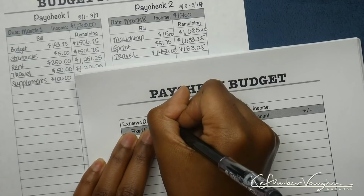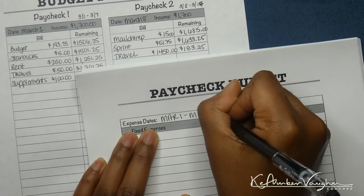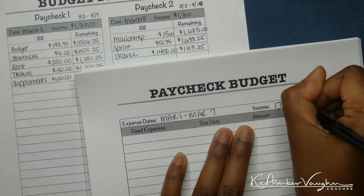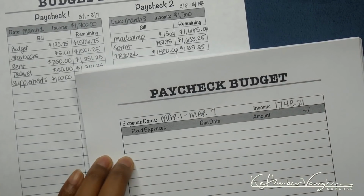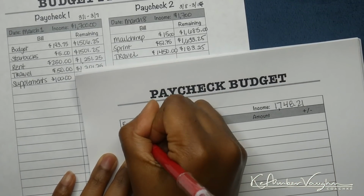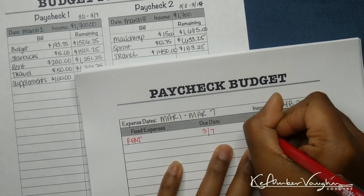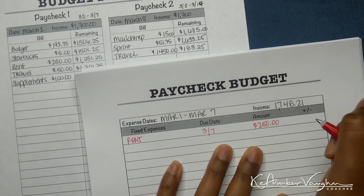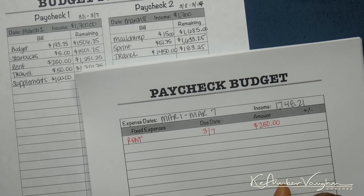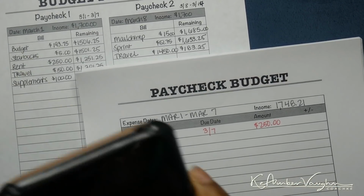Okay, so our expense dates are from March 1st through March 7th. The income again was $1,748.21. So let's start with our fixed expenses. The only fixed expense I have this particular week is rent, and that's going to be due on the 7th, and the amount is $250. And that's it. So for total, we got $250, and remaining,